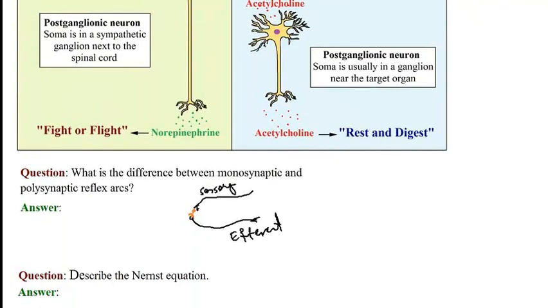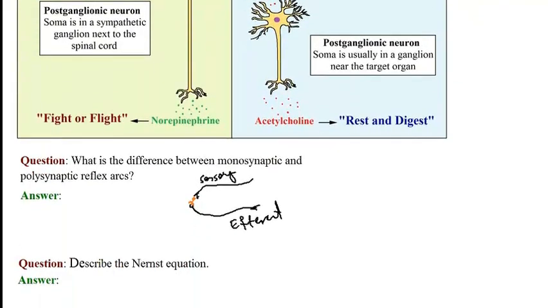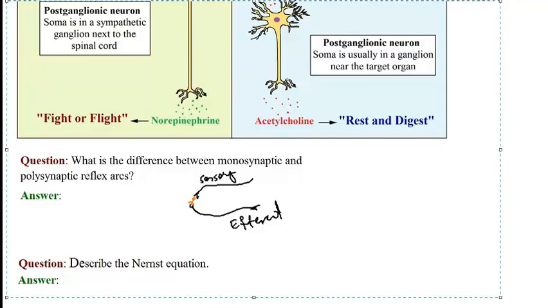The next question is, describe the Nernst equation. And basically this is a general chemistry topic, but since examiners like to relate the Nernst equation with the membrane potential in cells, I decided to include this topic here as well. So basically what the Nernst equation does is that it will help calculate equilibrium potential across a membrane based on an ion valence as well as its concentration gradient.